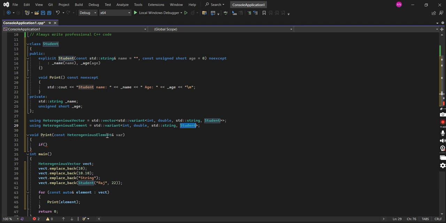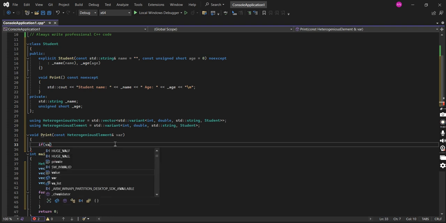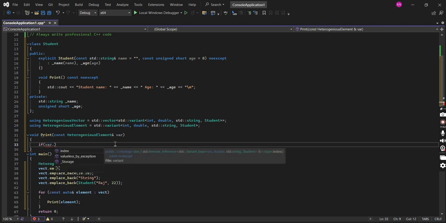This is index for the std variant class. This index is the data member of variant. So just see, we will call index on the variant class. So if index is 0, that means it is integer type. So if integer type,